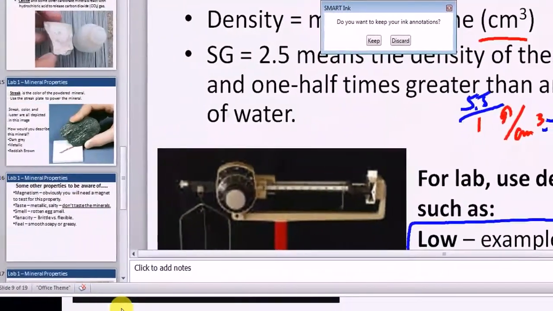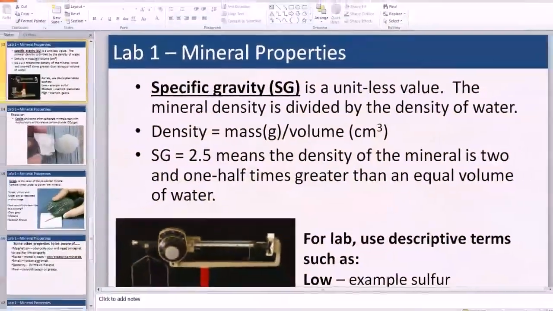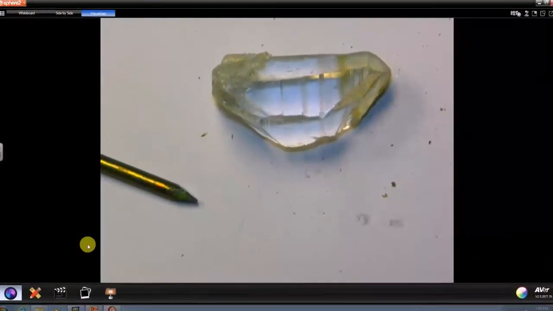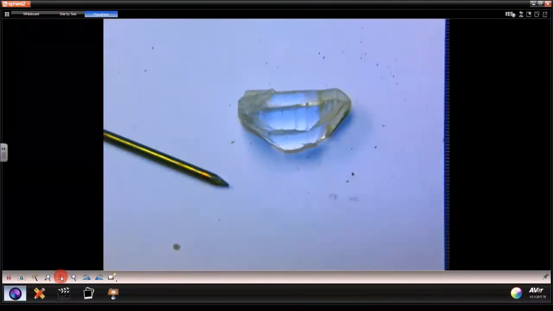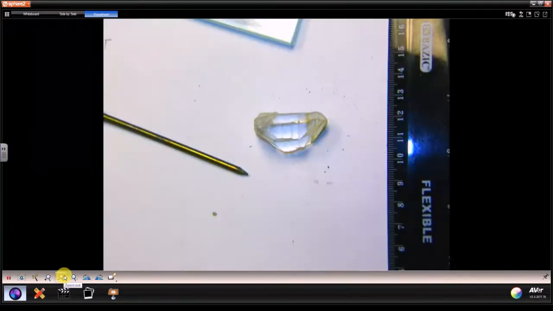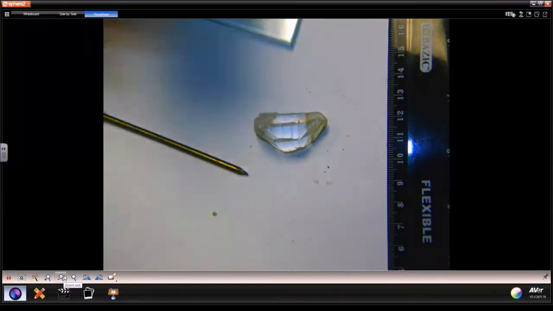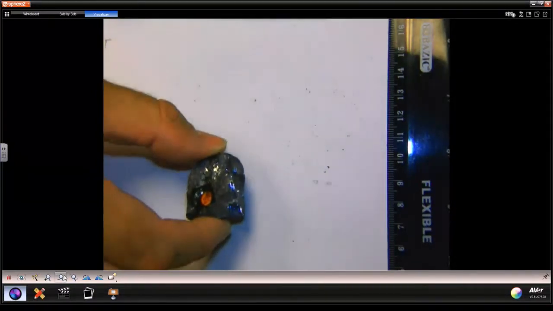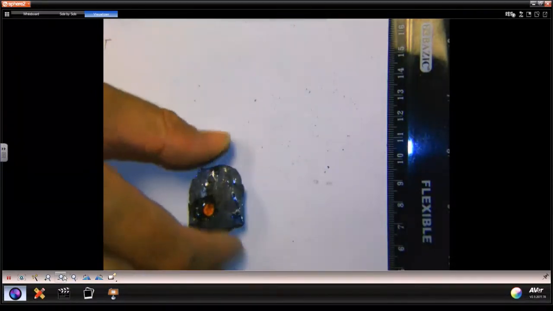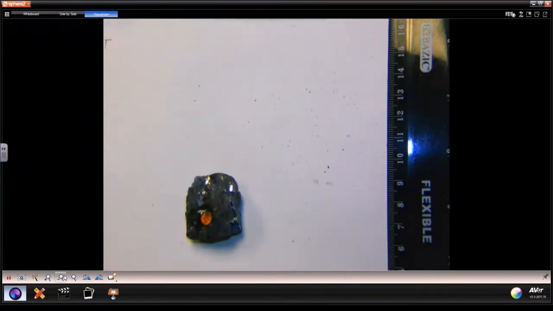Discard some of those notes and come over to our document camera. All you're going to do is heft the minerals and note which one feels a little bit heavier. Typically, those high specific gravity minerals are ones that are metallic. This is not always the case. So I'm comparing this mineral here, which is about the same size, a little bit bigger